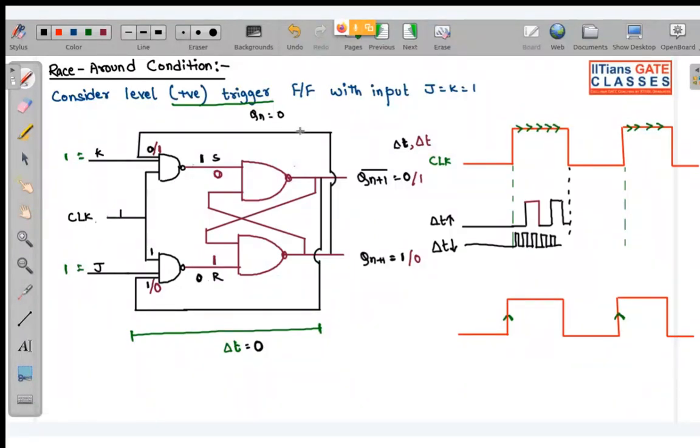Now, if this was your edge triggered flip flop, in an edge triggered flip flop, we know that basically